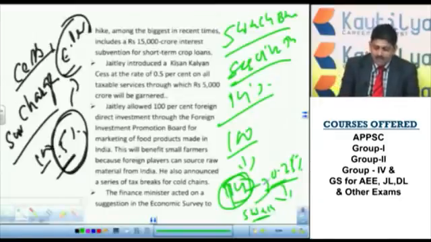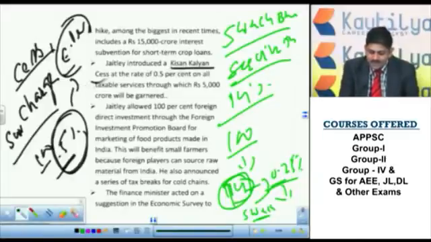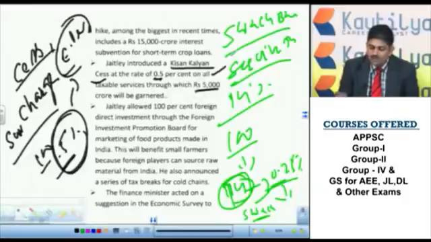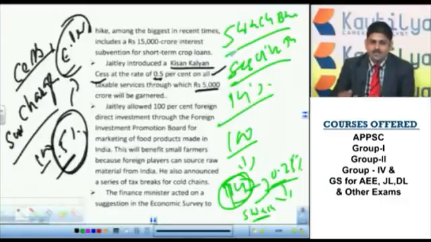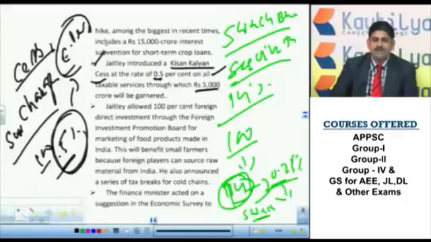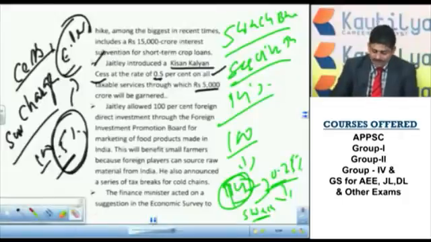So this time the government introduced a Kisan Kalyan cess of 0.5% on all taxable services, and out of this, the Government of India wants to earn rupees 500 crore, and this is used for the welfare of the farmers. As I said, a special or specific aim will be there on the cess. Now in this case, under Kisan Kalyan cess, what is the special purpose? That is the welfare of the farmers.